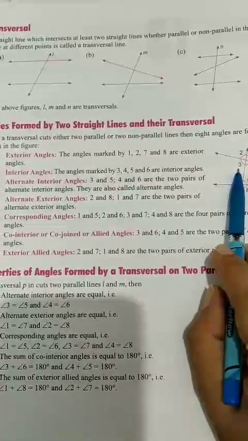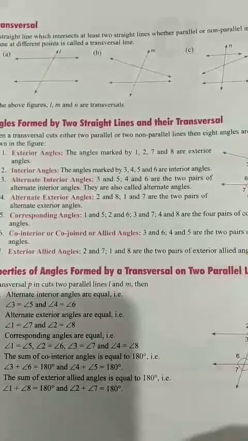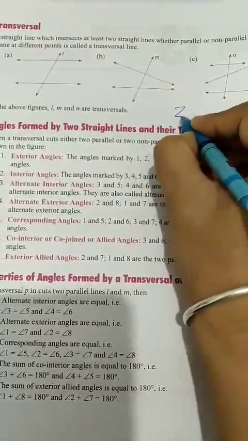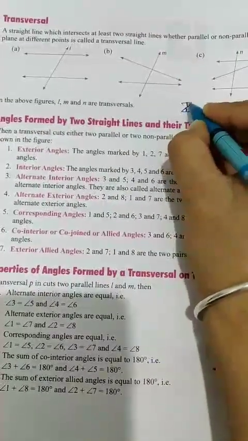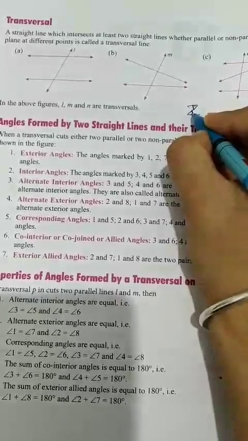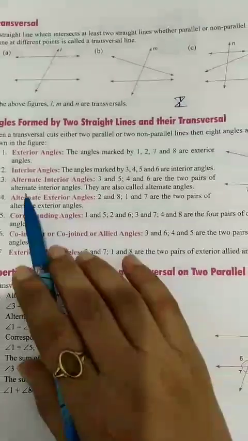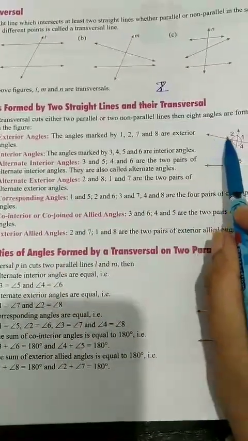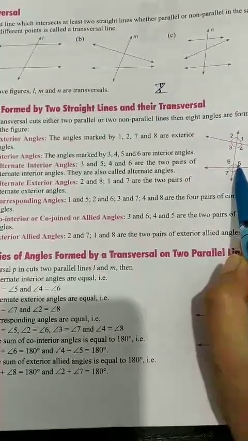These are the interior angles. Alternate interior angles, children, very important. First of all, how can the alternate angles be recognized? Suppose I make this Z. The angles which are made in this Z, at these two points, are known as the alternate angles. So always look for the Z whenever you have to find alternate angles. See, I can form a Z here between the two parallel lines. So 3 and 5 are the alternate angles.